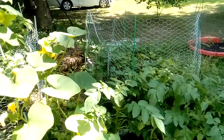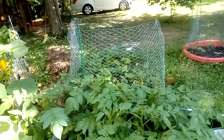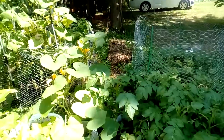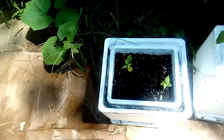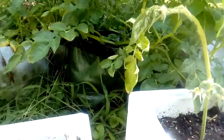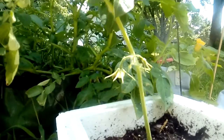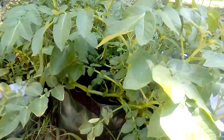And then all the other potatoes are all Kennebecs, and those are seed potatoes. And they're just doing really good. And there's a couple of new additions, 2 habanero peppers that we transplanted into there. And then right here, you can see that there is a tomato growing right there. And this is a sucker. And it's got a few little more